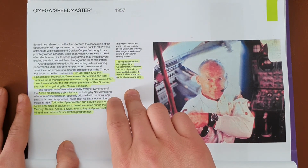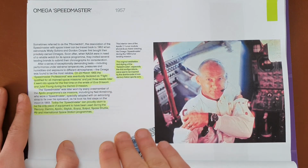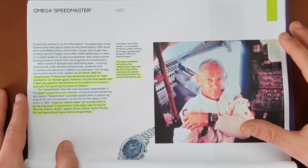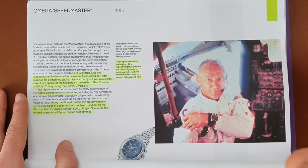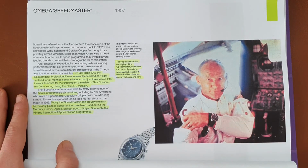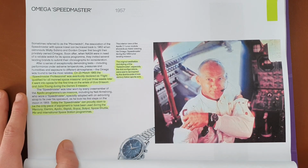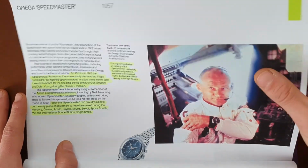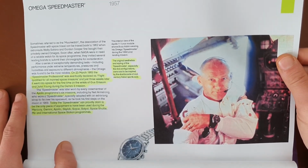The original aesthetics and styling of the Speedmaster was said to be inspired by the dashboard of a mid-century Italian sports car. And the Speedmaster can today proudly claim to be the only piece of equipment, not watch, only piece of equipment that has been used during the Mercury, Gemini, Apollo, Skylab, Soyuz, Salyut, Space Shuttle, Mir, and International Space programs. In all of them, the Speedmaster was there. So that's a pretty big